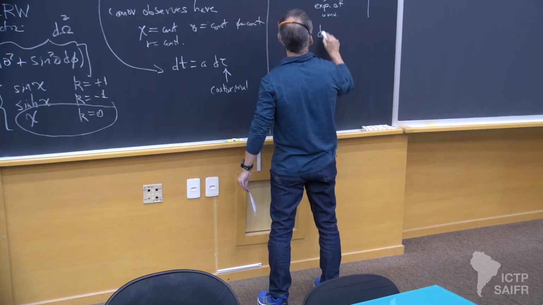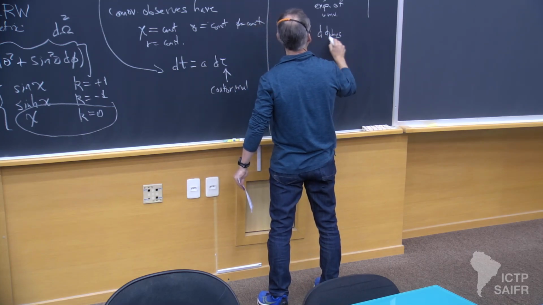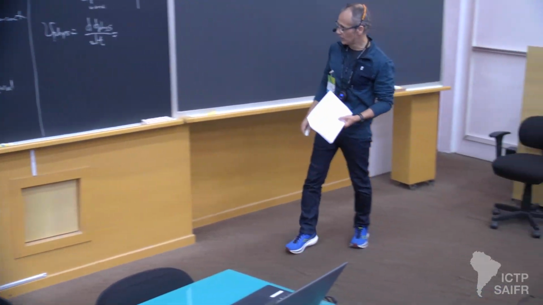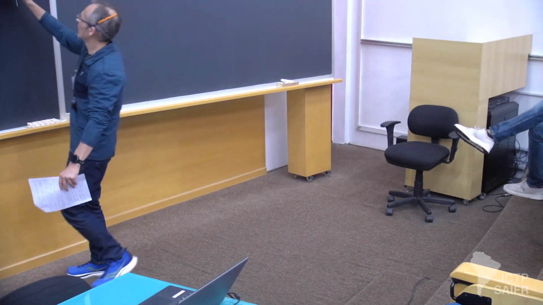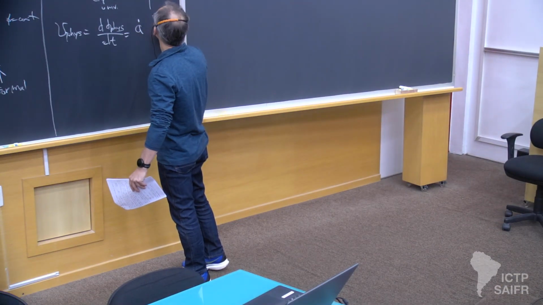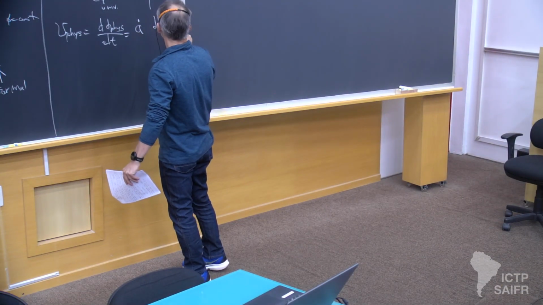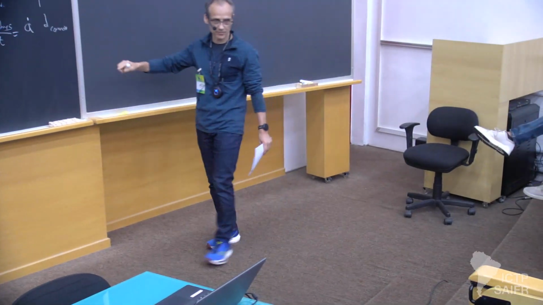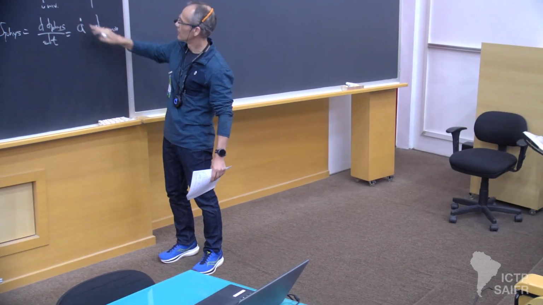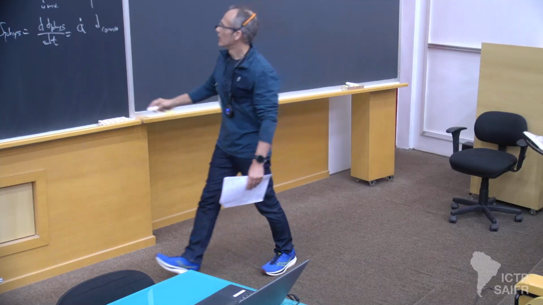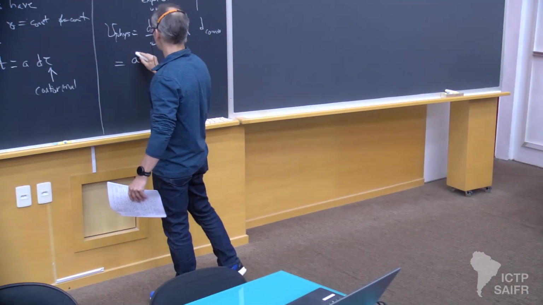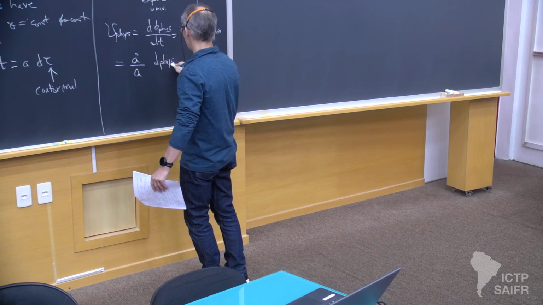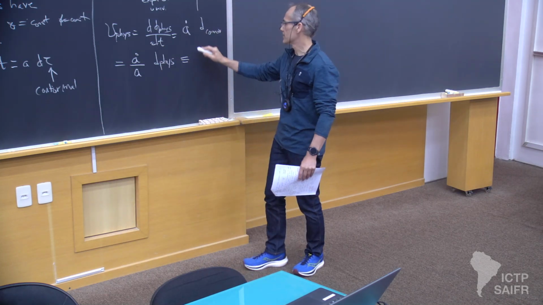with respect to cosmic time, you see that the relative velocity between any two objects at constant co-moving coordinates is all coming from the time derivative of the scale factor. I'm using derivatives with respect to cosmic time, t, as a dot. And we can rewrite this as a dot over a times the physical distance. And this defines what we call the Hubble constant.